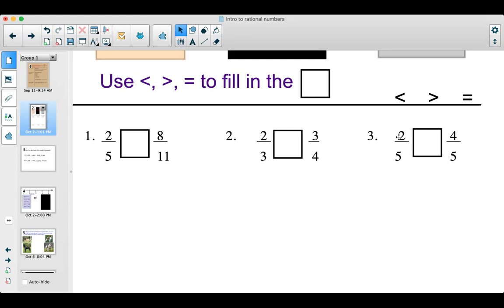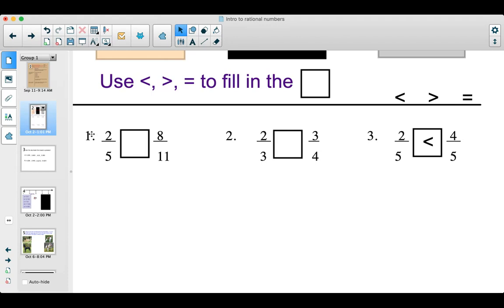Here I have 2 out of those 5 pieces. Here I have 4. Well, 4 is obviously more than 2, right? So 4/5 is more than 2/5. If the bottom number is already the same, you can just compare the top numbers. It's pretty easy. For number 1, I'm going to try to use that trick that I just used in